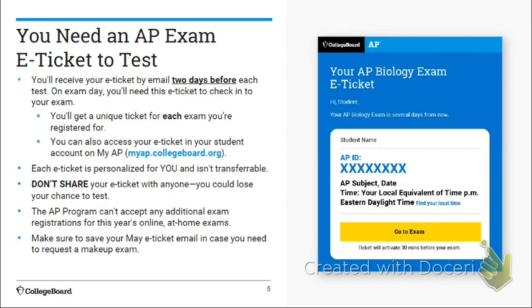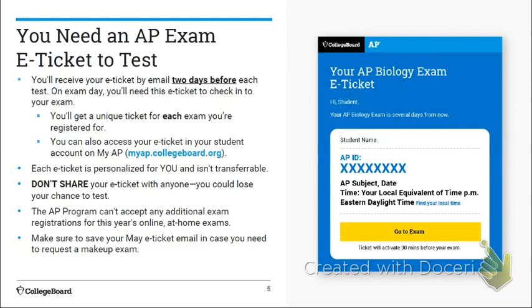This one on the right here is just an example. The example they've chosen is AP Biology. It's just an example. But it'll have your name and the most important number, an AP ID. And it'll list the subject, the date, and the time that you'll be taking that exam.